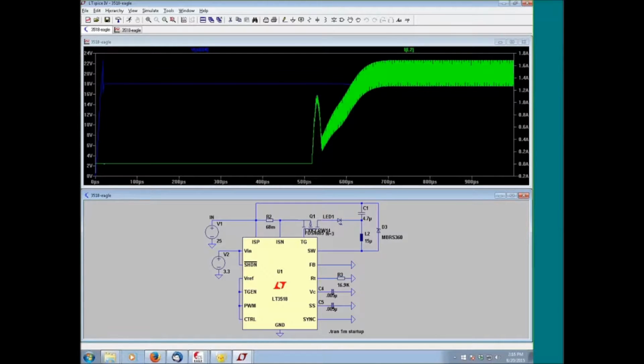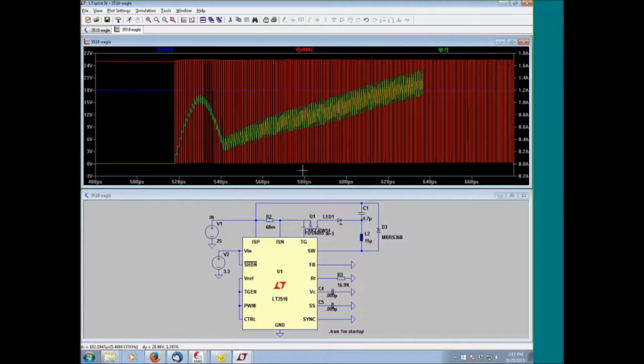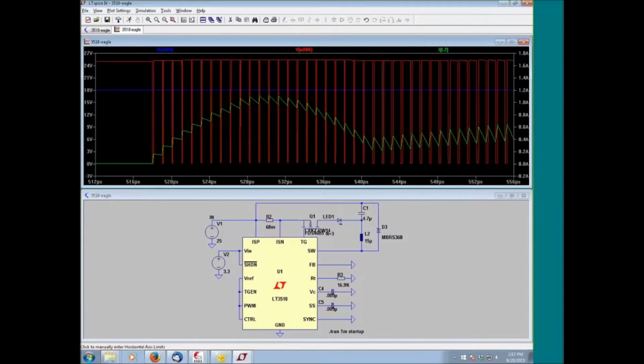I'm sorry, not the switching MOSFET. That's to allow power to go through. I stand corrected on that. Switching node is here. Here we can see the switching frequencies. So let me go ahead and zoom in on this. And we can see how the switch mode power supply, which is what this is, starts up, the duty cycle gets adjusted, and as we work our way across, zoom out,